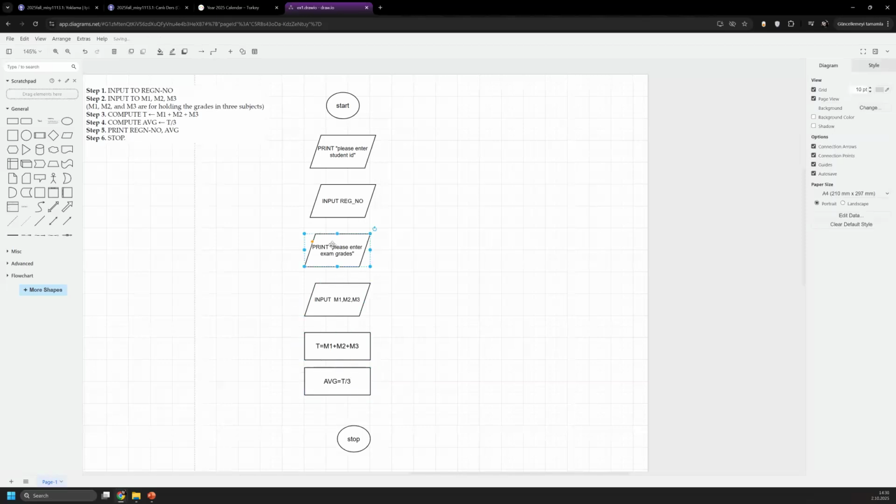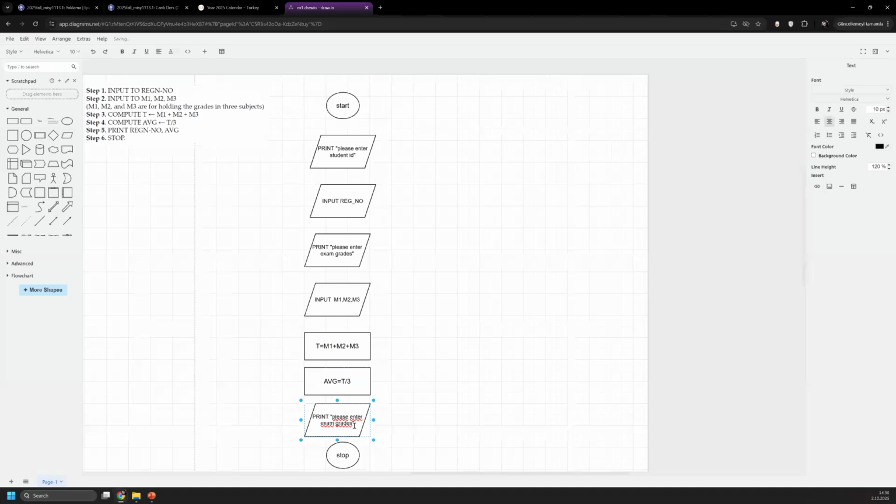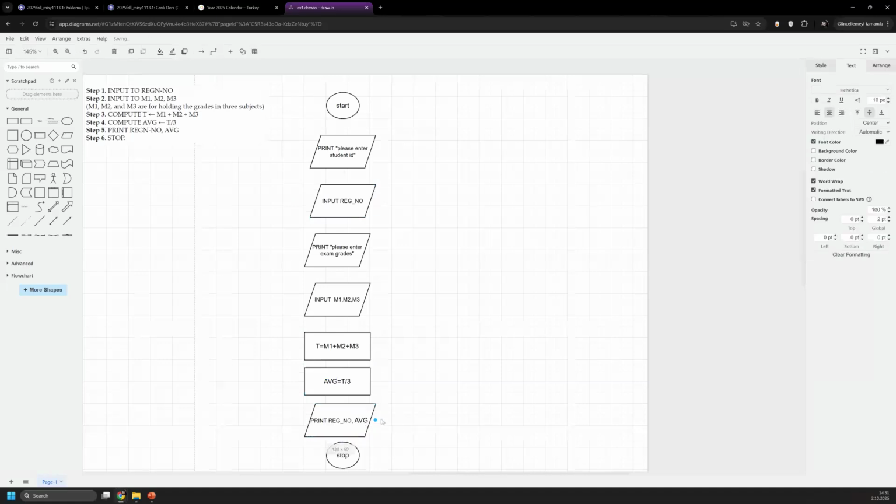We will print, according to step 5, the registration number. It must be the same name. I'm warning you again: registration number and then average. So that's all. If you want to align them,